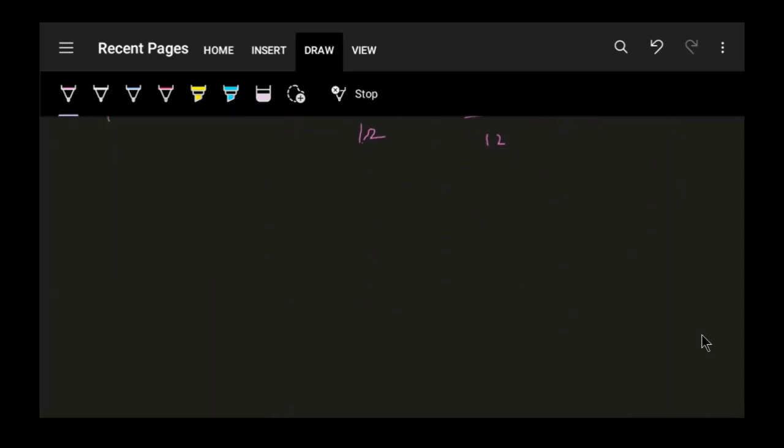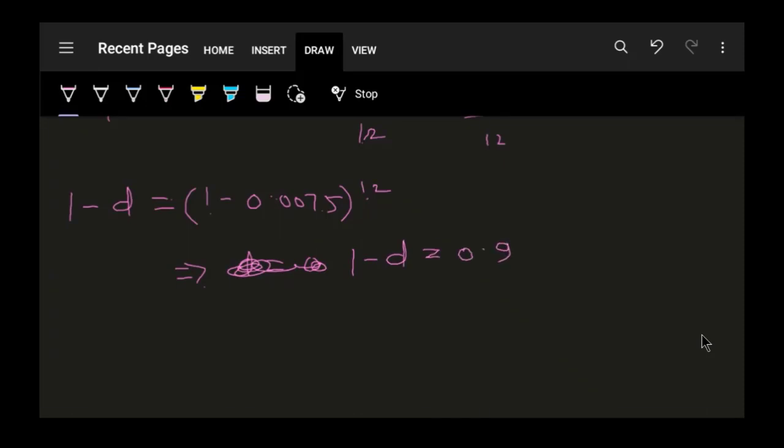So I can calculate my annual effective discount rate from this as 1 minus D equal to 1 minus D12 upon 12, to the power 12, which will give me 1 minus D as 0.913621,